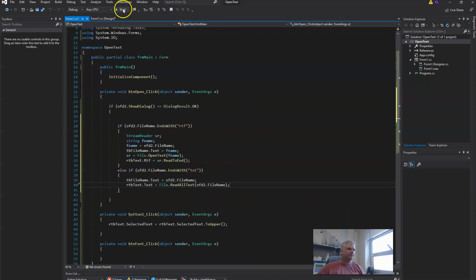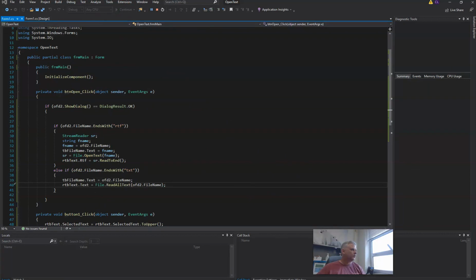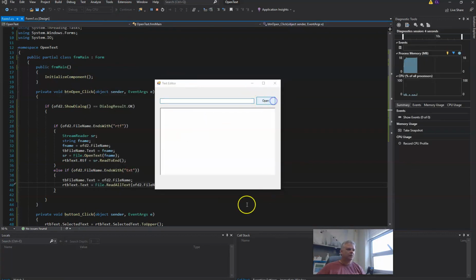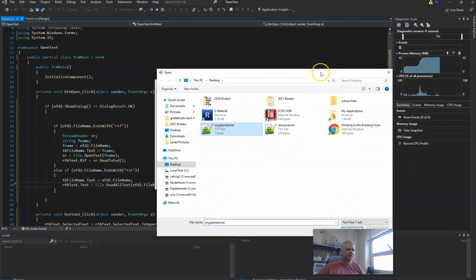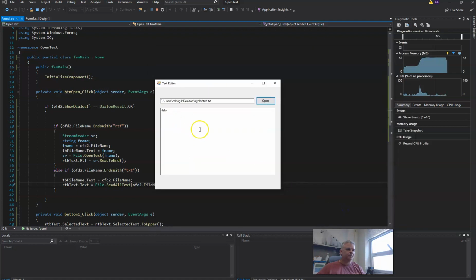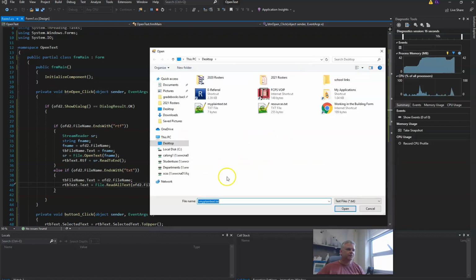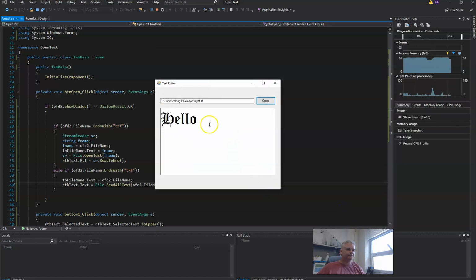Alright, so let's try that out. So we say open plain text. Opens it, and we're going to say open my RTF. Hello. Alright, so that's pretty simple. Hopefully you understood all that. The only new thing is